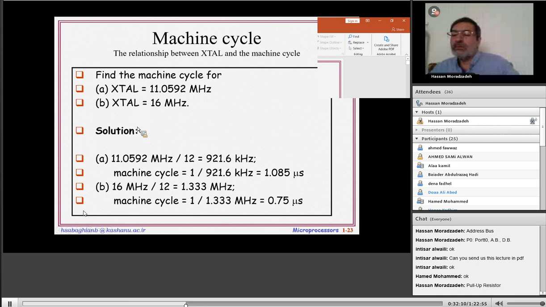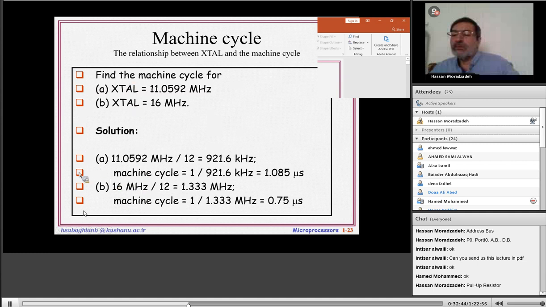RST means reset, an input pin that is active high for power on reset. That's right. Here's the circuitry for power on reset. Because reset is active high, when you connect the VCC or battery, the capacitor is quickly charged, and this pin goes to VCC. Okay, and this is activated.